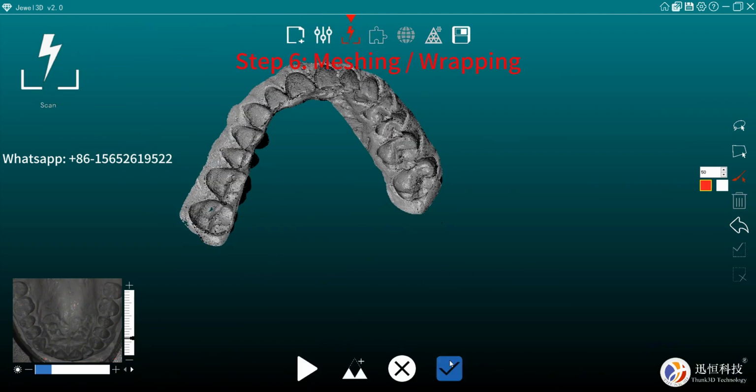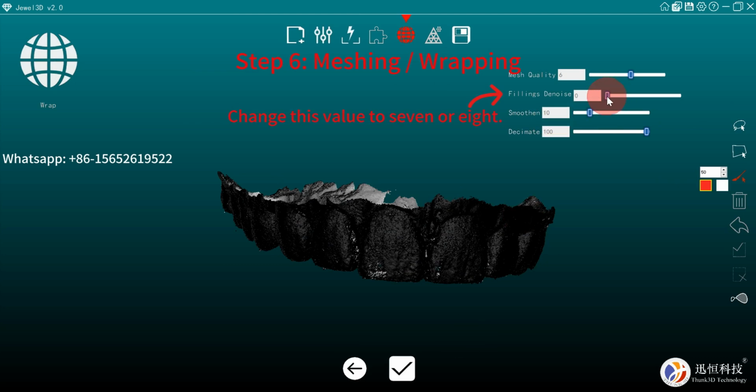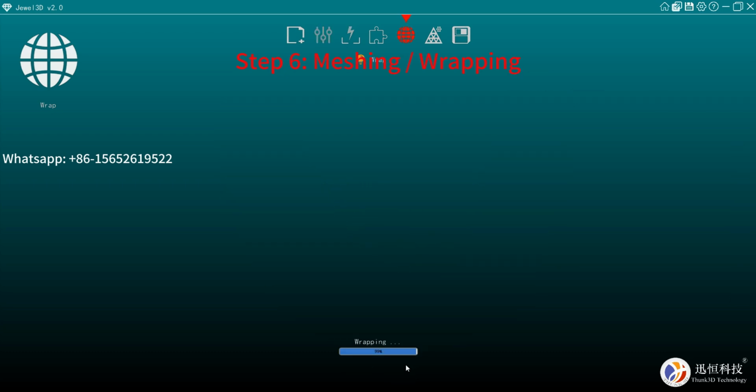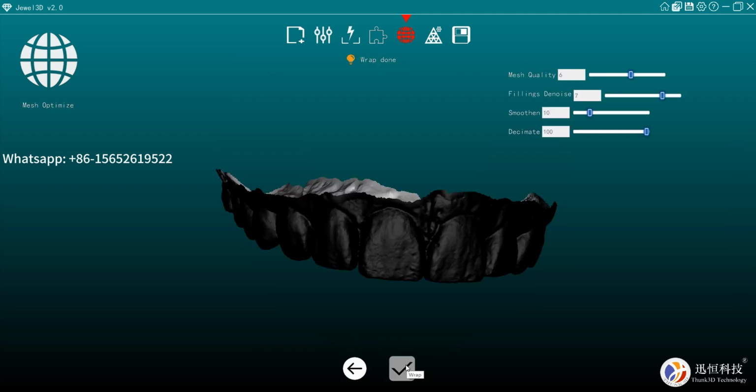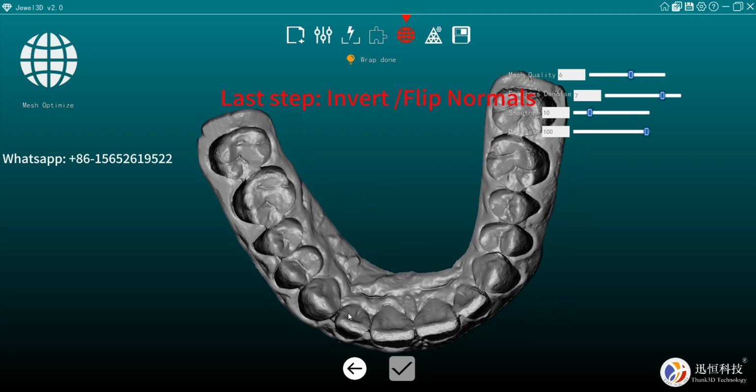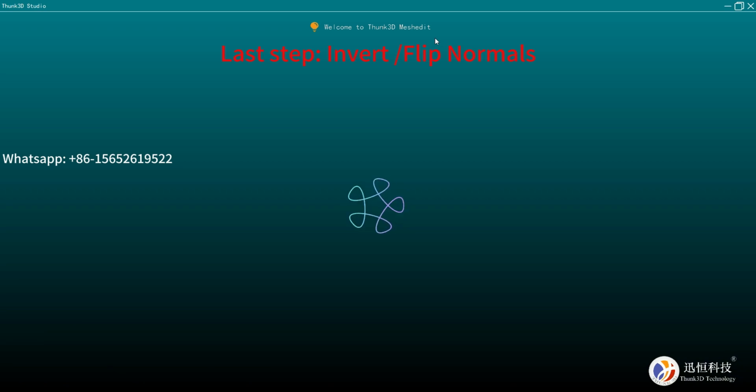Please don't forget to change the value of filling denoise to 7 or 8 before meshing. Why? As with this value, the software wouldn't fill the hole. This is very important. After mesh, we get the real data of the impression, but it is not good for